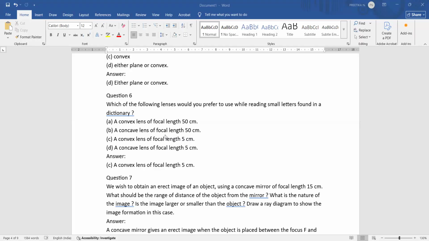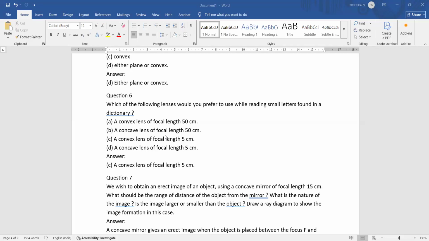So beta, obviously, when I want to read the small letters, मुझे अपनी पावर कैसी चाहिए बताओ? ज्यादा चाहिए या कम चाहिए? If I want to read small letters, तो मेरे को ज्यादा पावर चाहिए या कम पावर चाहिए in terms of eyes? ज़्यादा. तो फोकल लेंथ फिर कम ही होनी चाहिए ऑब्वियसली बिकॉज दे आर इनवर्सली प्रोपोर्शनल. तो अगर 50 और 5 में से चूज करना है तो 5 वाली कम है ऑब्वियसली, that I will use, because lesser will be the focal and more will be the power then.